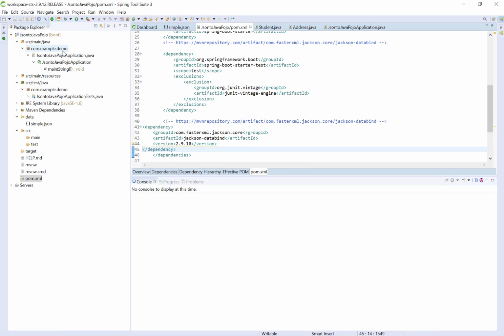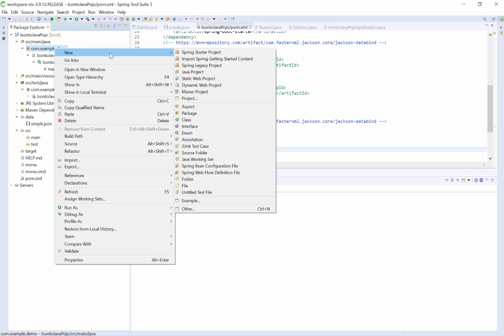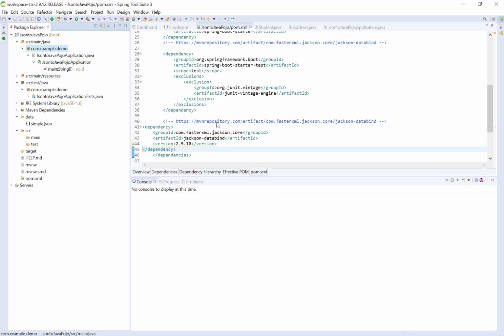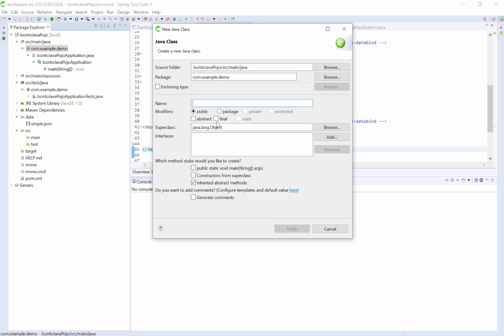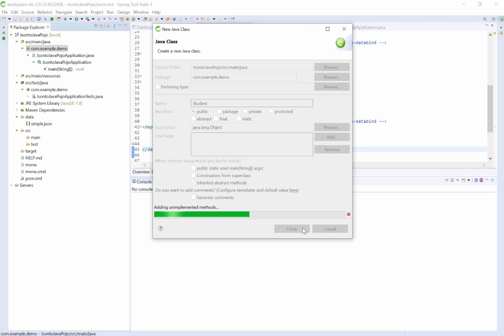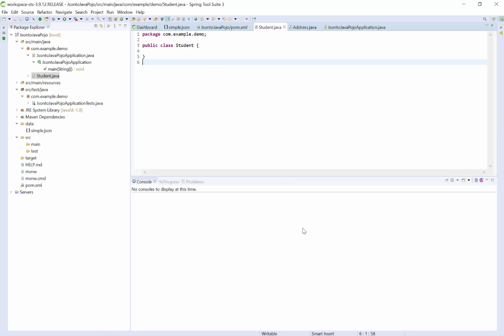Now inside this package itself I am creating one class. I will give the class name as Student. Inside this class I need to create the instance variables.